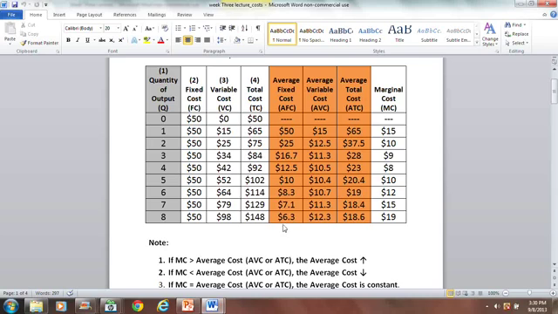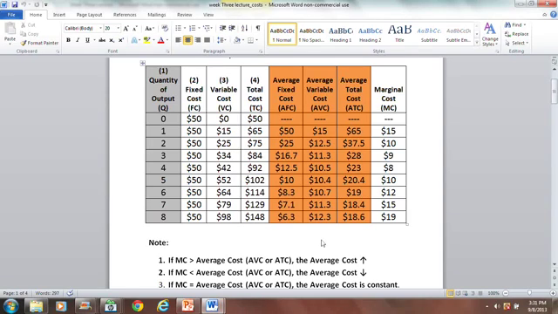The average fixed cost column, the way I get those entries is I take the fixed cost from column 2 and divide it by the quantity. So to get the first entry of 50 here, I took the fixed cost of 50 and divided it by 1. To get the next entry of 25, I took the fixed cost, which doesn't change in this case, and divided it by 2. 50 divided by 2 is 25. To get the next entry of 16.7, I took the fixed cost of 50 and divided by 3, and so forth. Notice the average fixed cost is getting smaller as the output increases. The numerator fixed cost doesn't change, and so when the denominator gets bigger,